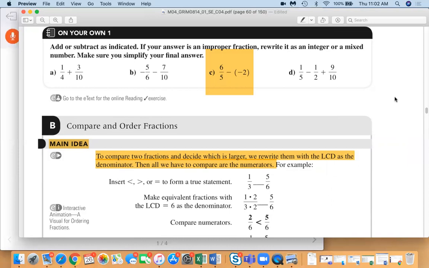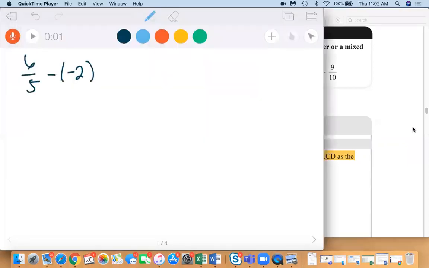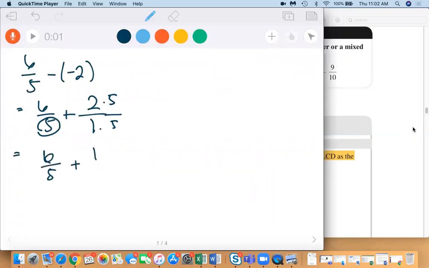All right, so we have 6 over 5 minus negative 2. All right, so what happens when we're subtracting a negative? That's the same thing as adding. So we can go ahead and switch this to 6 over 5 plus, and what do we do with that whole number? We don't leave it as a whole number, we need to make it a fraction. We put it over 1. And what we just learned is that when you have a 1 over here, you know your common denominator is the denominator of the other one. So in order to make this have a denominator of 5, I have to multiply the top and the bottom by 5. So I have 6 over 5 plus 10 over 5,